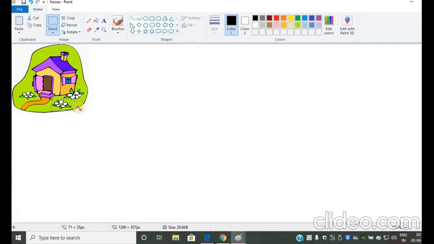Now after selecting this, I can use these clipboard options to cut. Cut will delete this object from here and I can paste it. So I will get my object here. Using these cross-headed arrows, I can move my object anywhere. I can place it again also. Right. Now again I can make some selection.